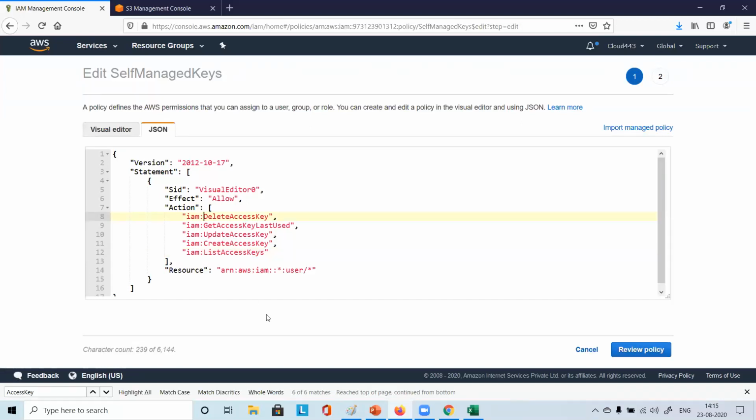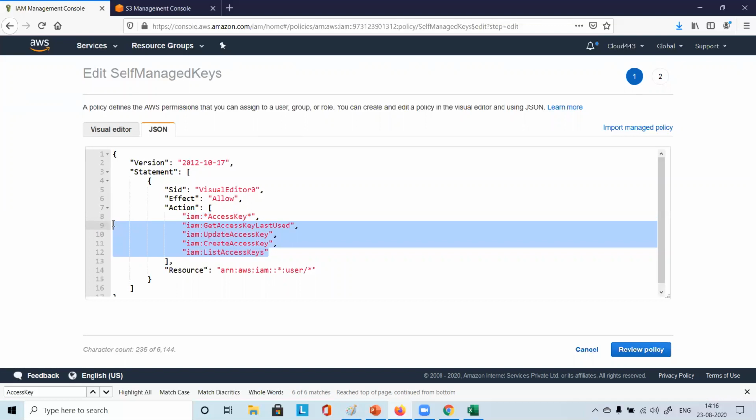So there is a concept of regular expression here as well. So what we can do is I'll put one asterisk here, and I'll put another asterisk here. Whatever is the common thing, that I will keep. I remove the delete, and you see access key asterisk. This will satisfy all these lines. So what I will do here, these many lines from 9th to 12th, I'll delete.